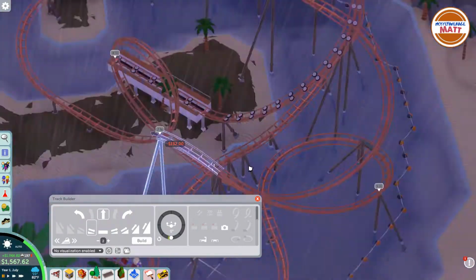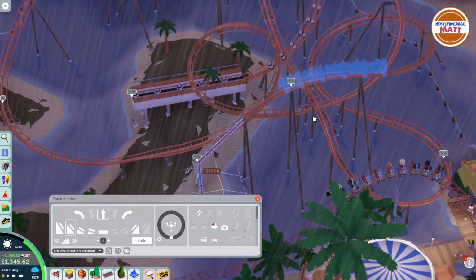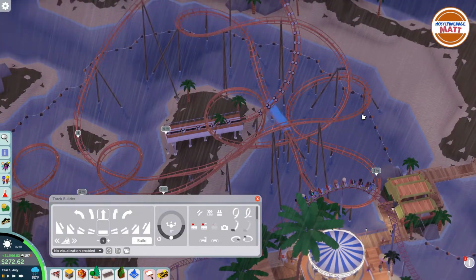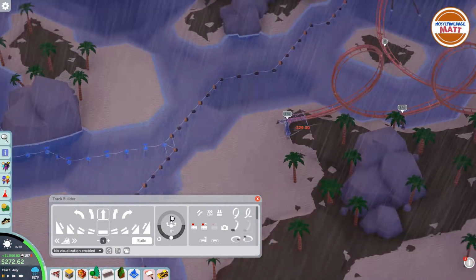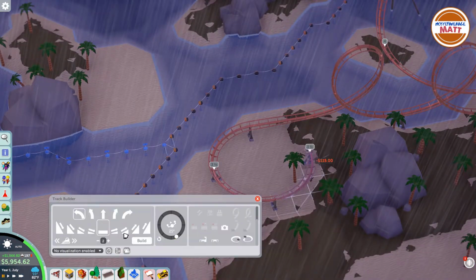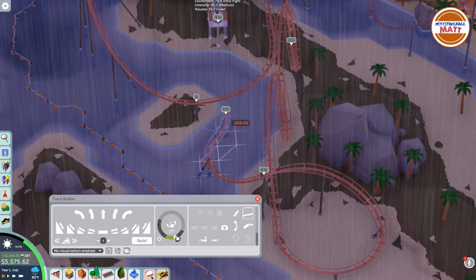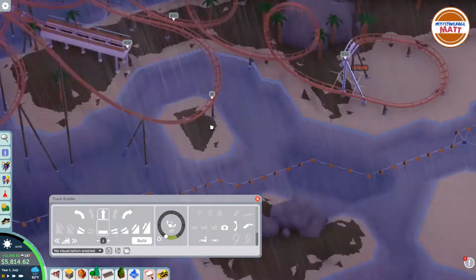I really like the idea of having 2 loops right in the front, but I couldn't get it to work out quite right, so the 2 loops portion of it are a little off to the side. And yeah, I actually ran out of money while I was building this too, but I figure it's not that big of an issue because